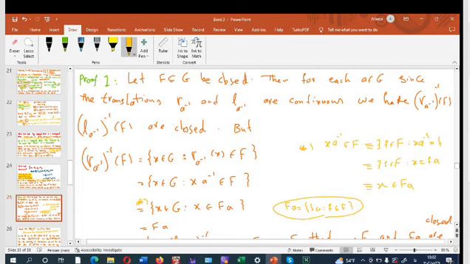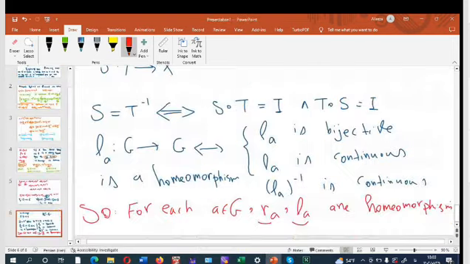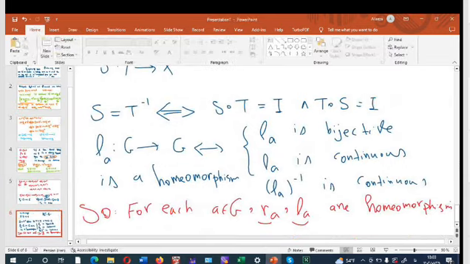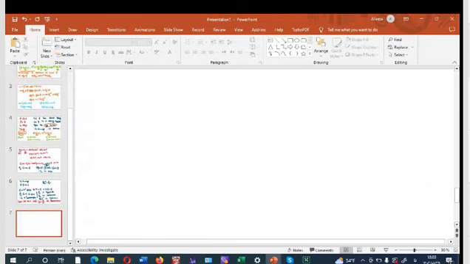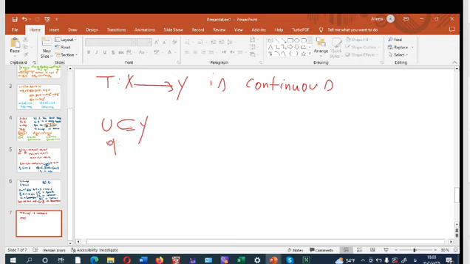And we know that in any topological spaces, a function such as T from X to Y, these two are topological spaces, is continuous if and only if for any open subset U of Y, the inverse image of U is an open subset of X,